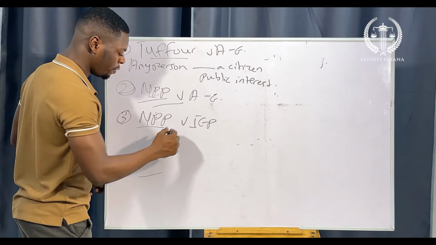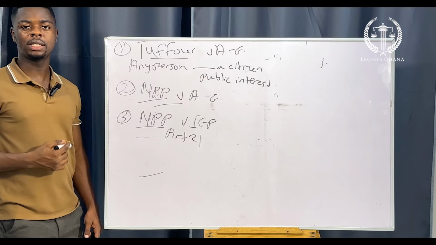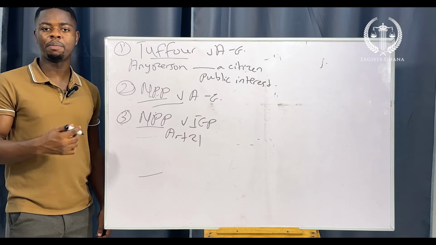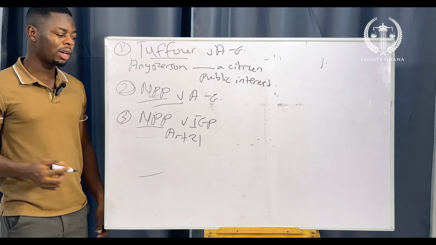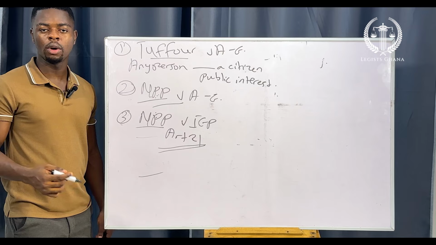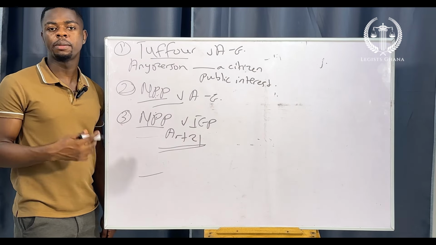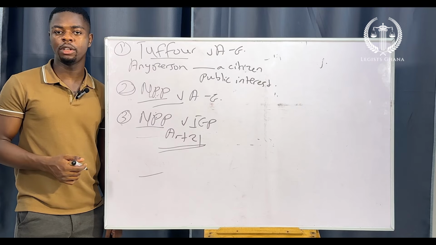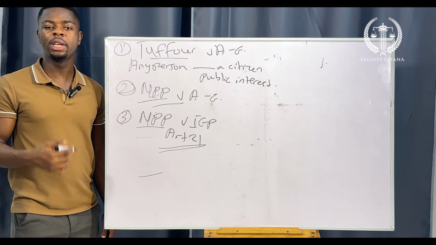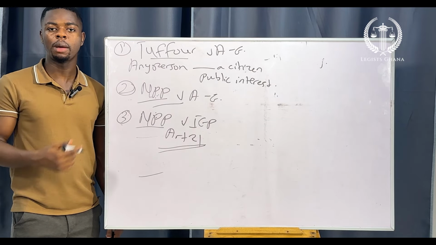So the court was of the view that whereby Article 21 has made a statement that guarantees our right to protest and our freedom of assembly, the previous law, that is the Public Order Act, the provision within cannot restrict our right to assembly or our freedom to protest unless, of course, it is in the public interest. This means that to enforce and protect the public interest, any person who is interested in going on a protest